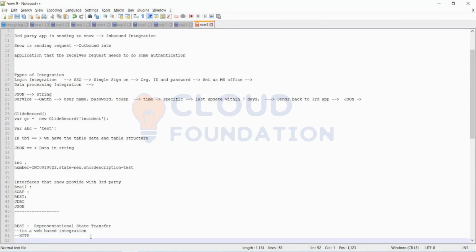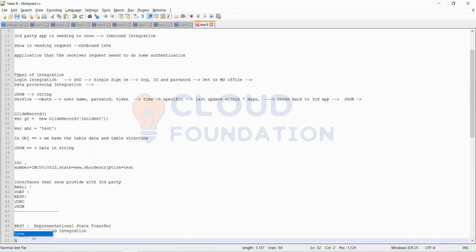Are you aware of these protocols, HTTP and other web protocols, HTTPS? HTTP is a web-based protocol.